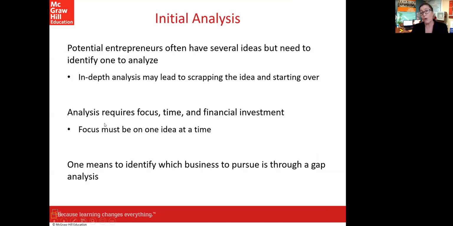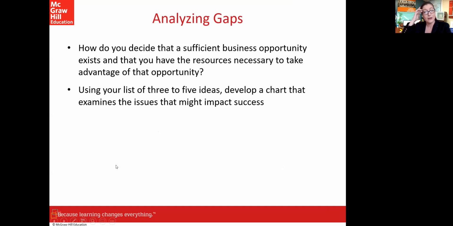So gap analysis requires focus, time, and financial investment, because you've got to focus on one idea at a time. What I'm talking about here is identifying one business idea through which to conduct your gap analysis. So how do you decide that a sufficient business opportunity exists and that you have the resources necessary to take advantage of that opportunity? Well, use your list of the top 3 to 5 business ideas and develop a chart